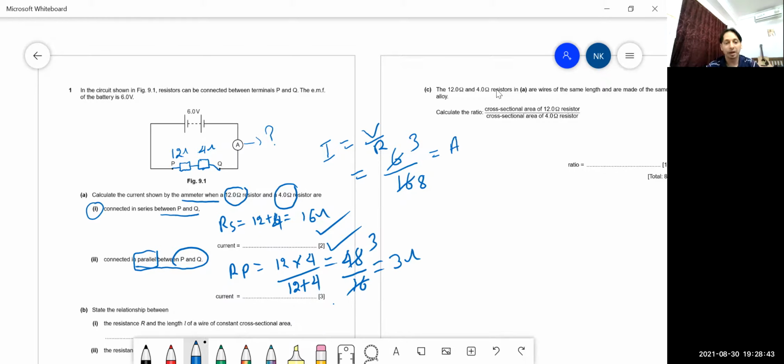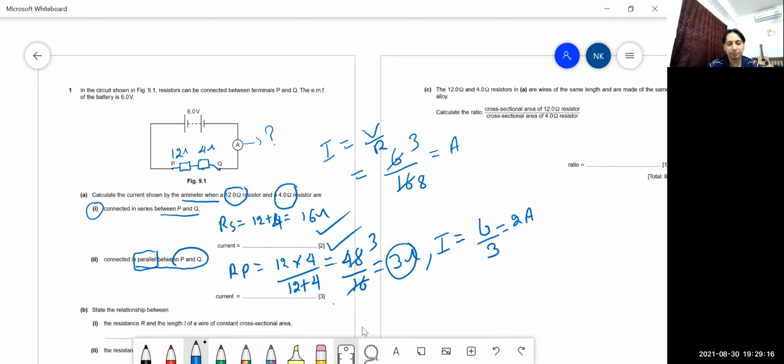Okay, and similarly for the second one also, in the second case again you have to find the current. I is equal to voltage, voltage is again 6 volt. Now they are connected in parallel, remember, children. And then what is R? R we have changed. Now R is 3 ohm. So you put 3 here, and 6 divided by 3 is equal to 2 ampere current passing through when the resistances are connected in parallel combination, children. So this is the way.